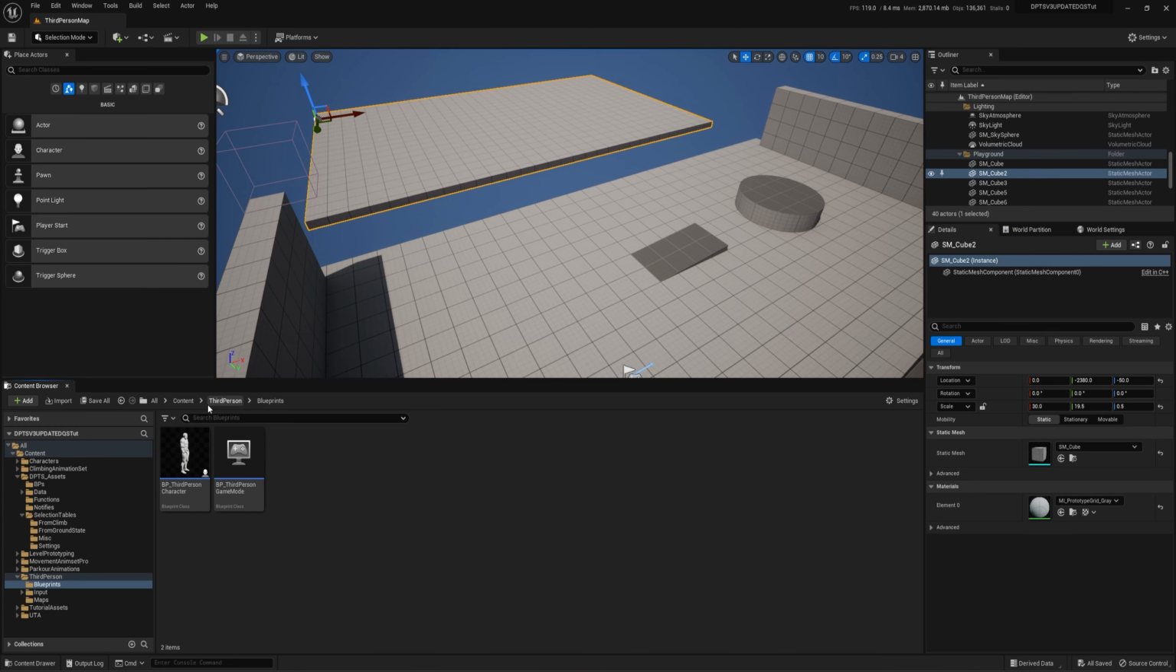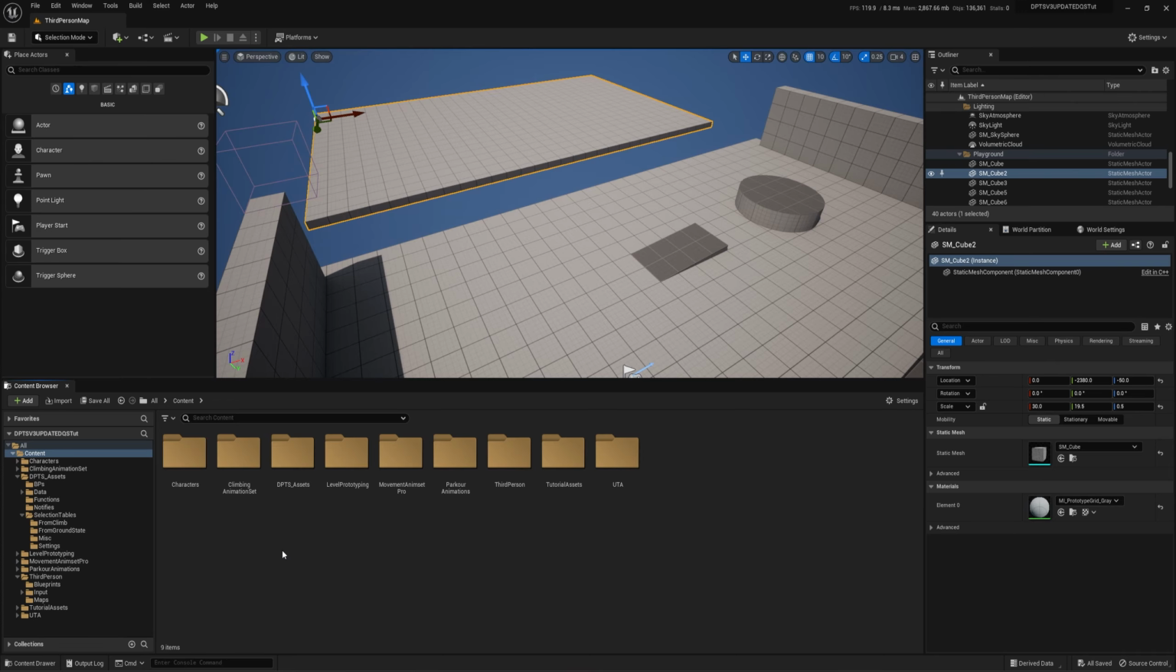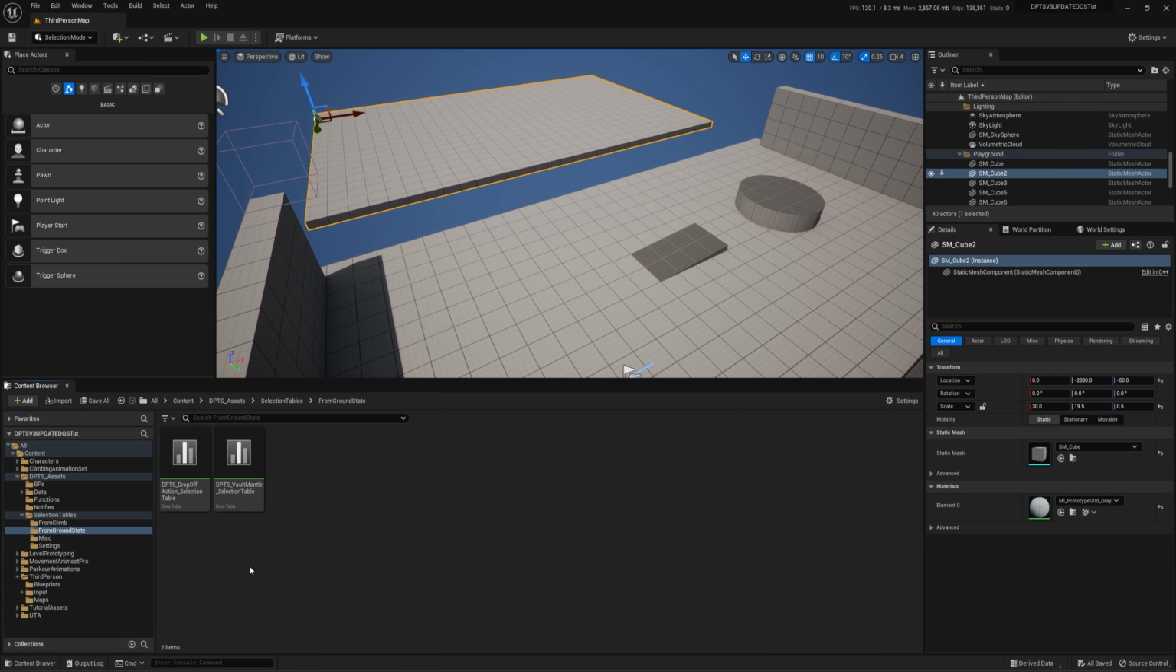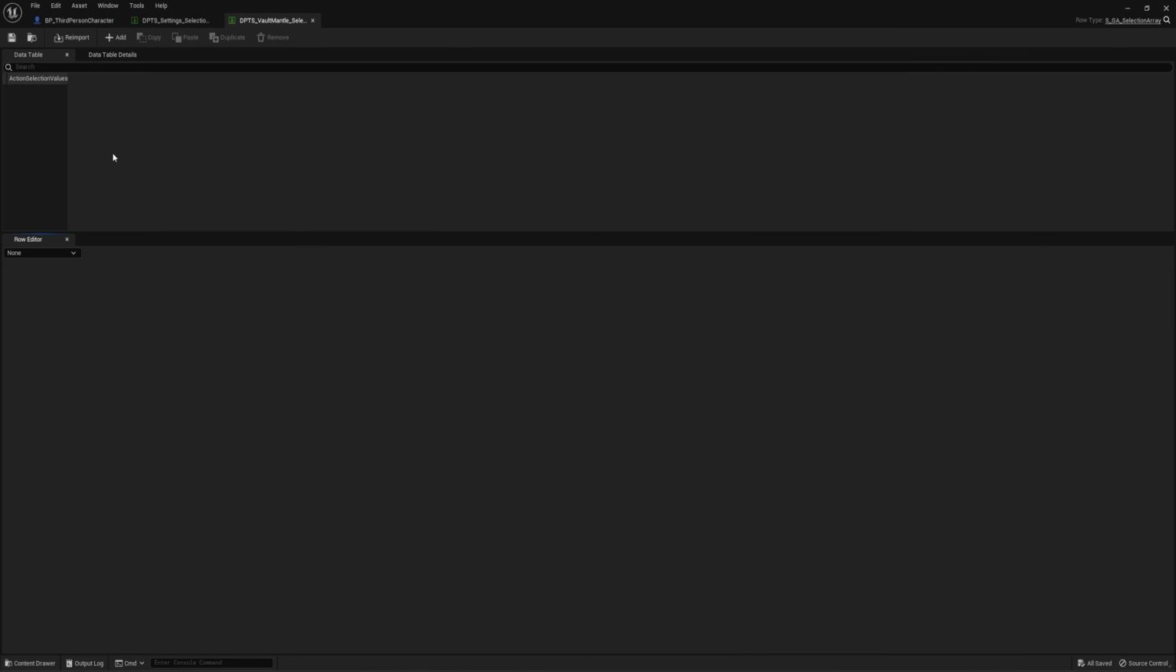And now we're going to take a look at the actual anim selectors. So if we go to the DPTS assets folder, selection tables, and we're going to open up under the from ground state, and then the vault mantle selection table. Now yours might have a demo use in here. I took mine out before recording, so this is something you can take out if you would like. It's only going to affect the demo character ability to select from the actions, but if you're not using it, it really doesn't matter. So, but we can go ahead and just click on add,